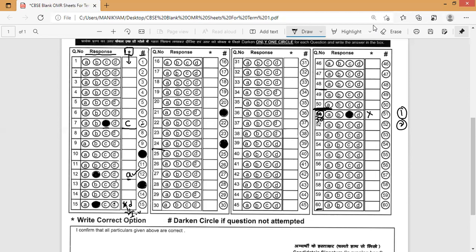Next, remember now 7th, 8th, and 9th. These next points are very important. Candidates are advised that first of all, you should mark the response by darkening the circle only. Don't try to write in this star column. Whatever your confident answers are, suppose I am very confident about 36A, 37B, 38B, 39C, don't write the options in the star column at the beginning. Only if you are very confident, then you write the option.